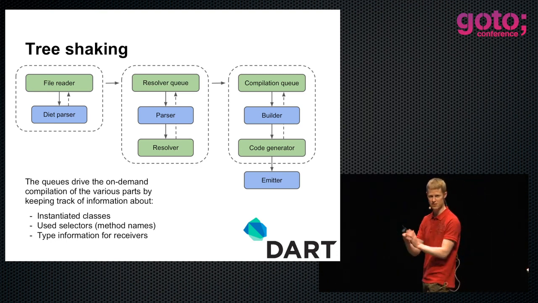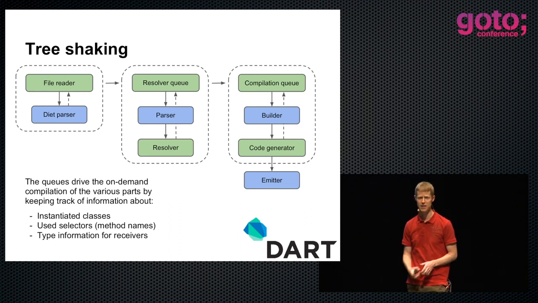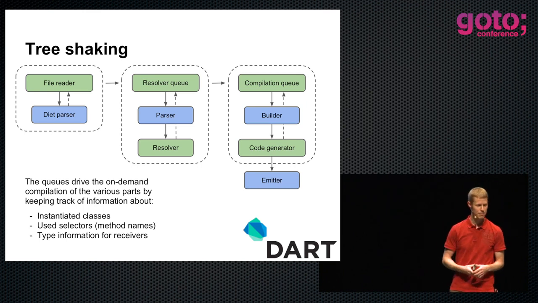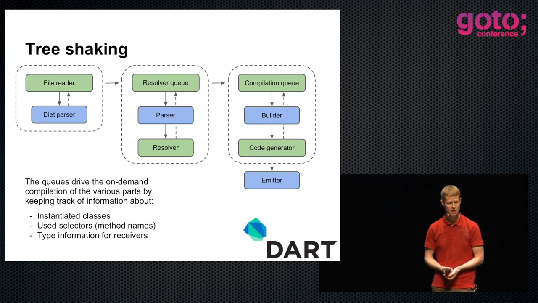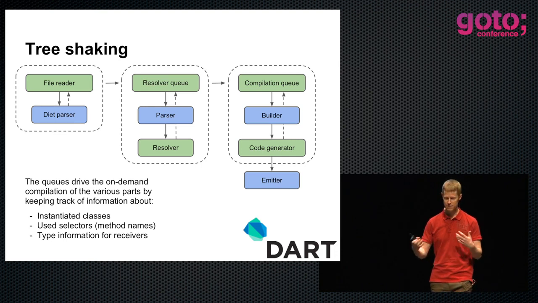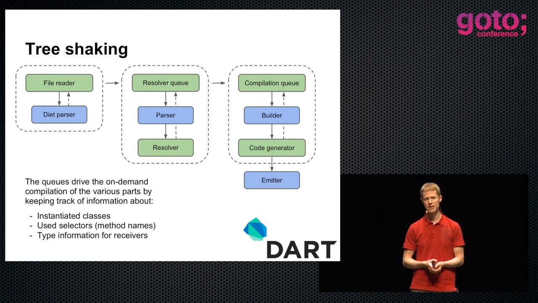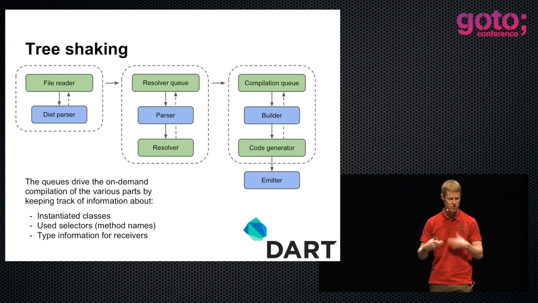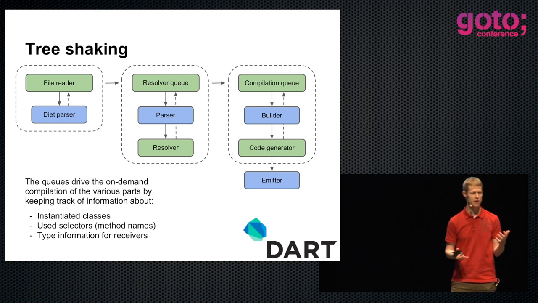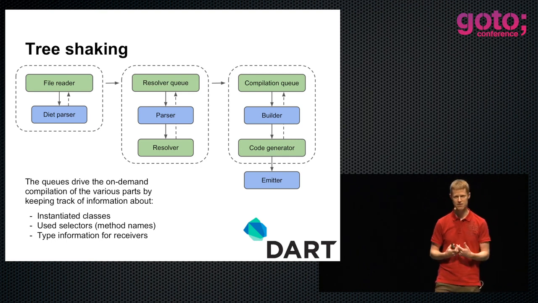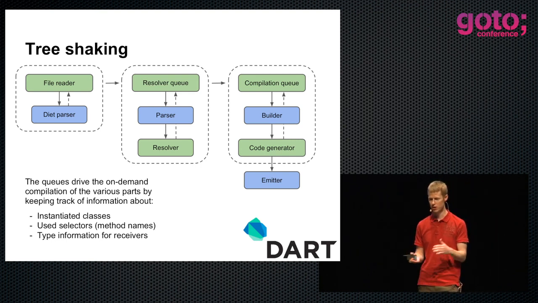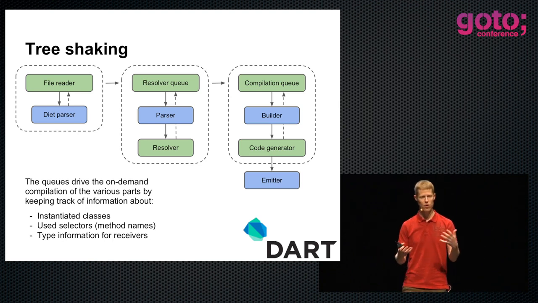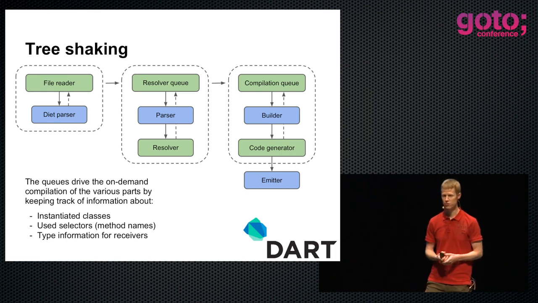It has 3 stages, this tree shaking. It starts out on the very right, that is the left, by reading in the main file, which may have imports of other files and may have a source file that needs to be read from either the web or a local file system. We just read them in, and we do a very quick, a bit hacky parsing of this thing. We don't look at method bodies. We don't look at all the concepts that we don't really need to look at. We just want to figure out what are all the bits and pieces that we need to bring in,